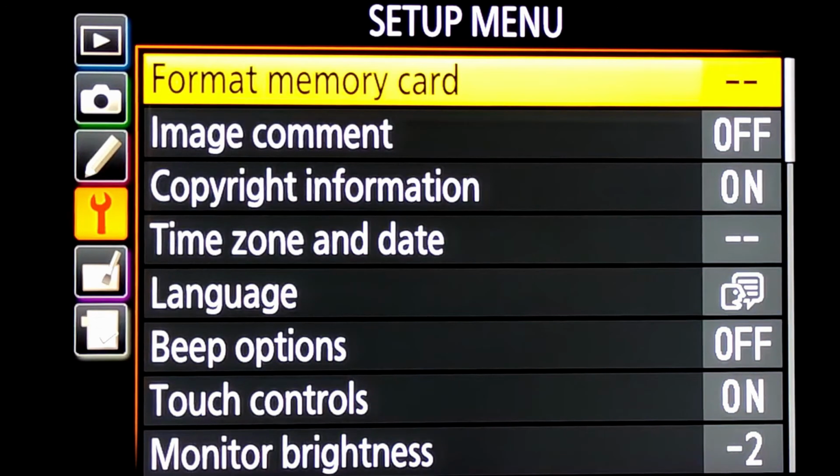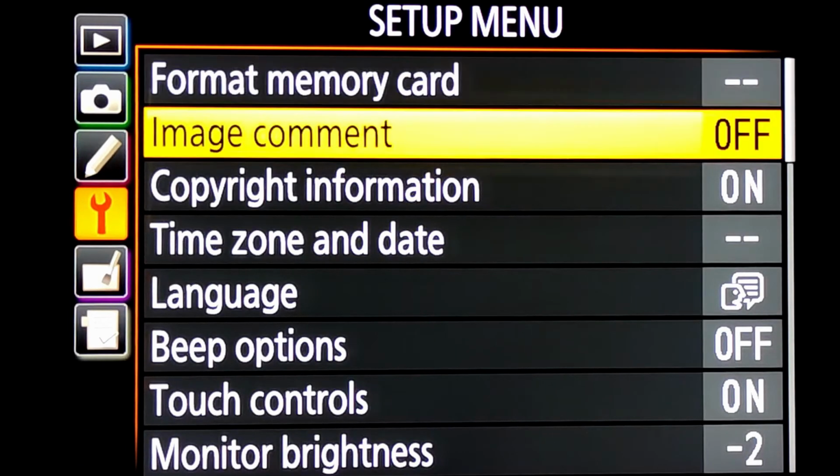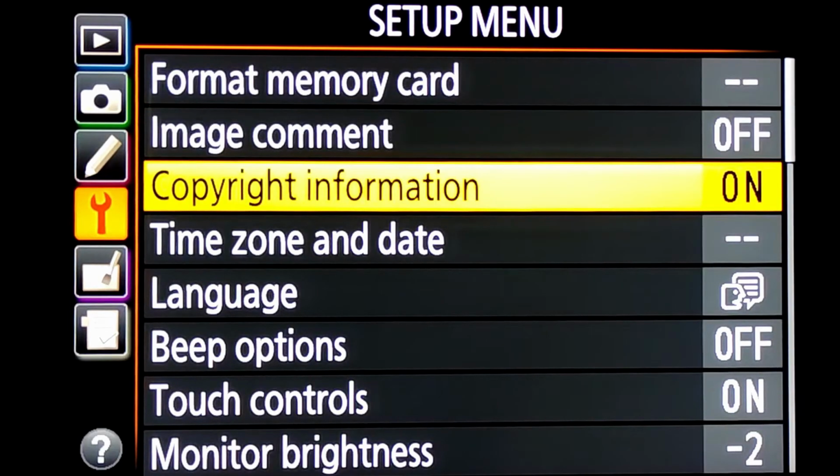Okay. So main setup menu, very first option, format memory card, very convenient for photographers to just download all the data and format it, keep it ready for the next assignment. Then further we can add comments to the images, right?